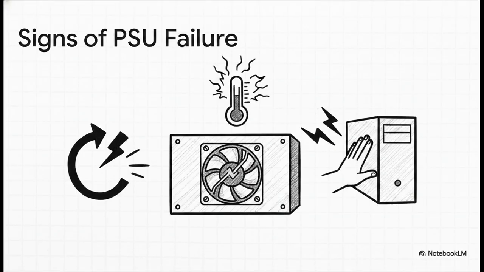Now, if you've had poor shutdown habits in the past or experienced a lot of power surges, your power supply unit might already be damaged. Keep an eye out for these troubleshooting signs. If your system fails to start or spontaneously reboots out of nowhere, if it randomly locks up while you're using an app, if it's overheating because the internal fan failed, or, worst of all, if you get a little electric shock when you touch the computer case. If you see any of these signs, get your power supply checked immediately.